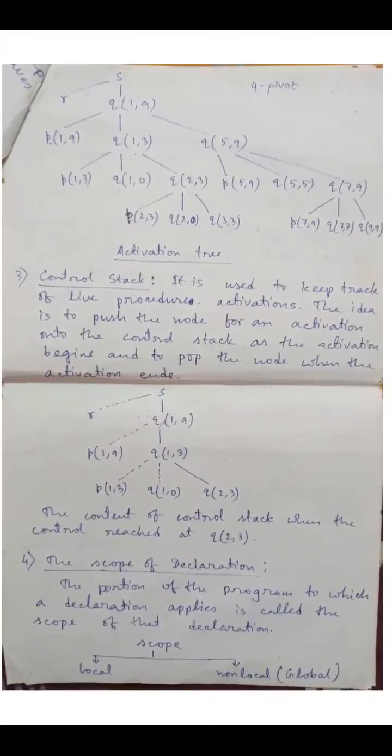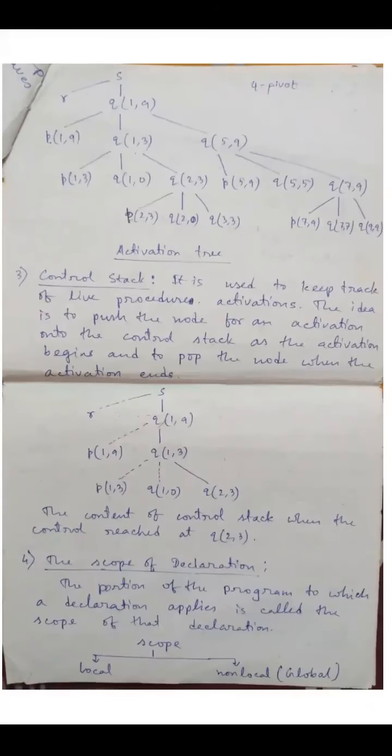First, S is the main function, which calls first function R, where R is a function used to read the array for which you are going to apply quick-sort. The read function basically reads the array. Then you are calling the quick-sort function Q(1,9), where 1 and 9 are the limits. Say 1 is the lowest limit and 9 is the highest limit. So Q is the quick-sort function with parameters 1 and 9. You can say here 1 and 9 are actual parameters, right?